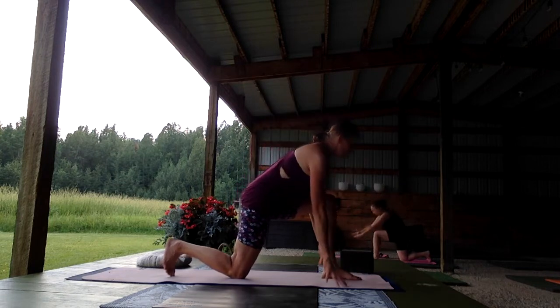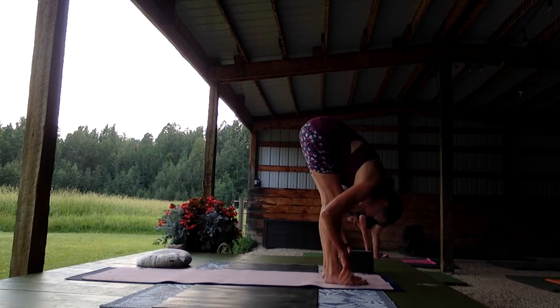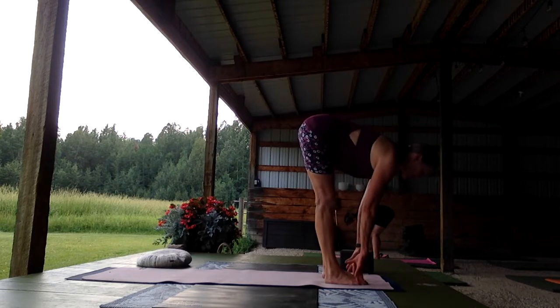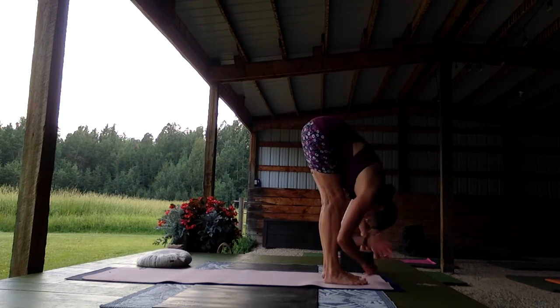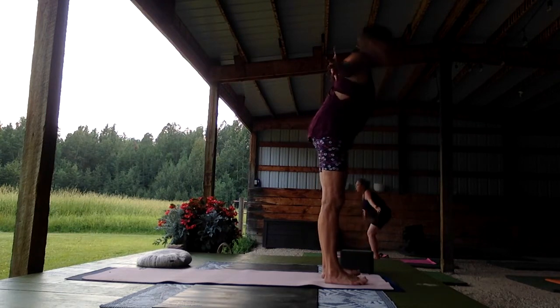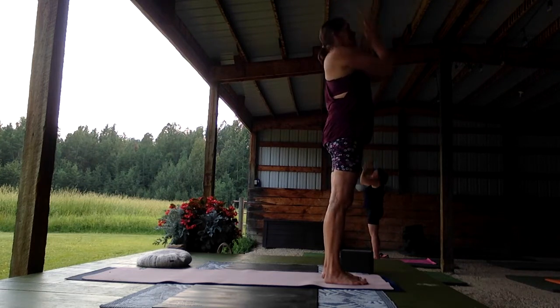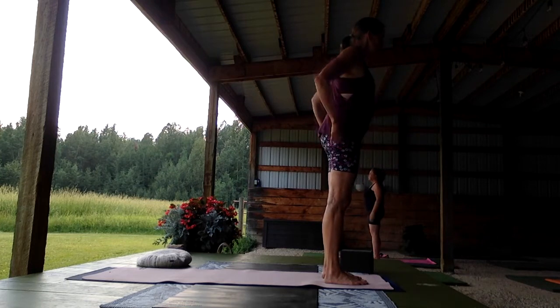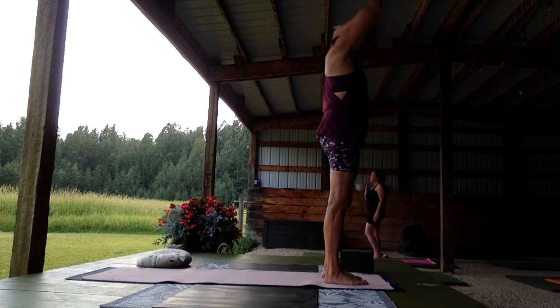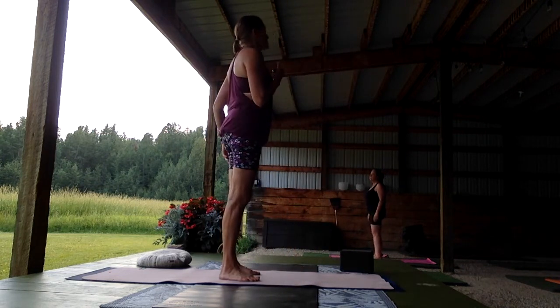Exhale, hands come down, and we step forward into our Uttanasana, forward fold. Inhale, lift halfway. Awareness to your heart center as breath pours in. Exhale, bow. Inhale, circle wide, rise high. And draw into your heart center. And release. So for this next sequence that we're going to go through, we're going to use Sitali breath in